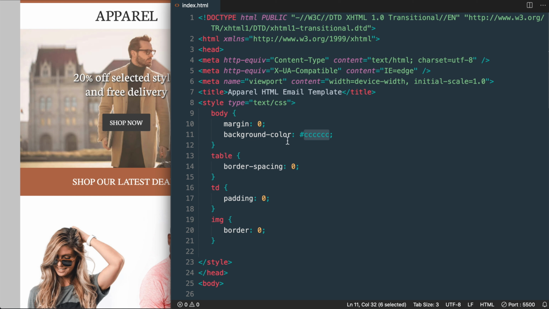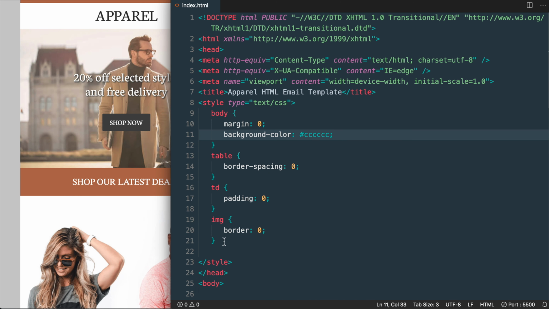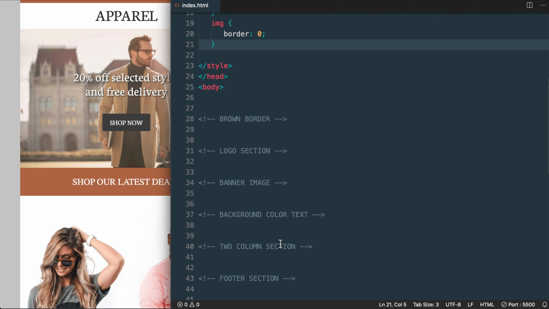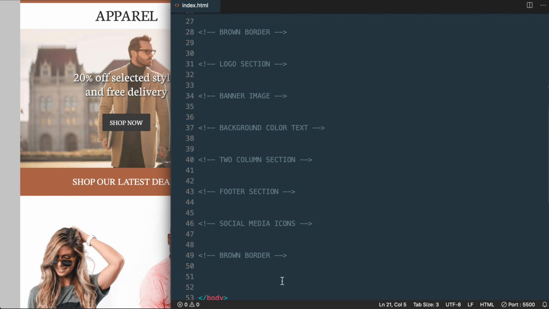Then we have a background color set, which is the light gray shade with the hex value all C's. And there's also some reset styling to get rid of border spacing, padding, and just borders in general around tables, table data tags, and images for different email clients. And as you know, further down the page, I've included HTML comments for different sections of the template